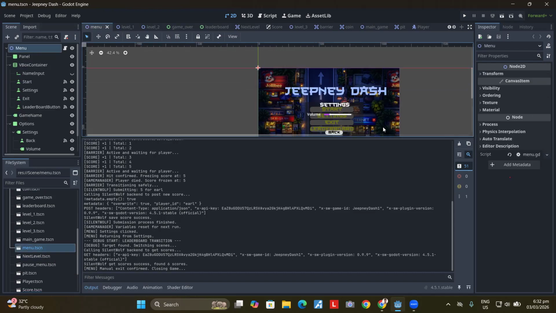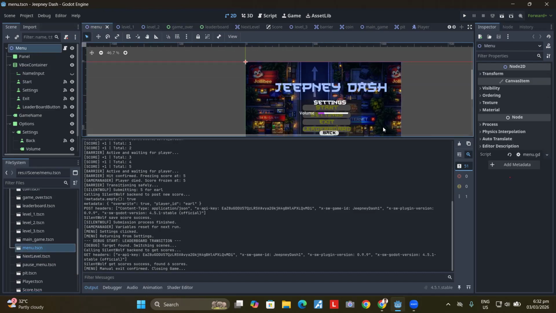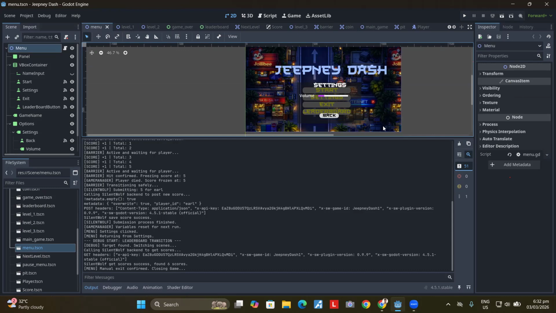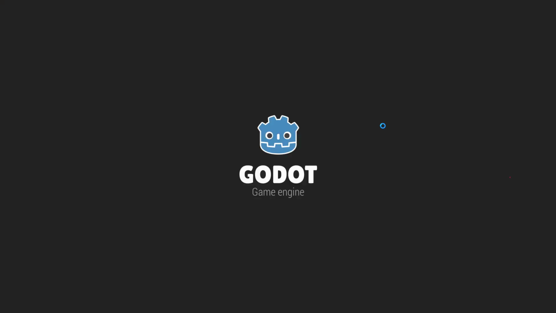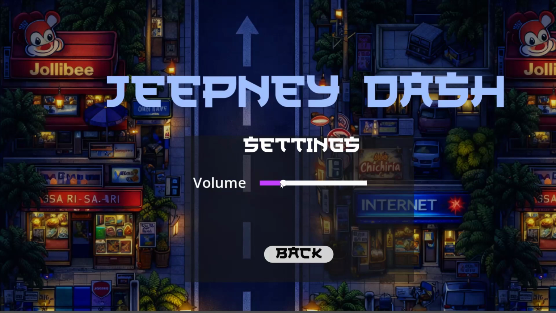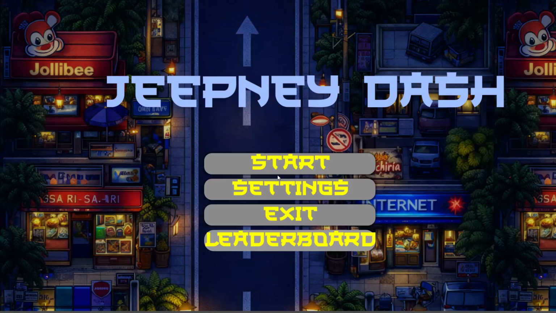The first one is the main menu. As you can see on our screen, this is what appears when we run our Jeepney Dash. You will see four buttons: start, settings, exit, and also record.